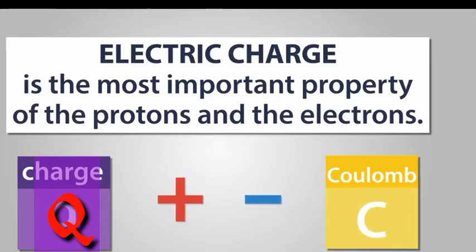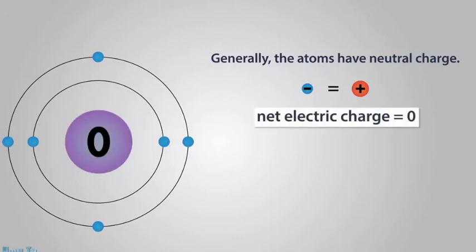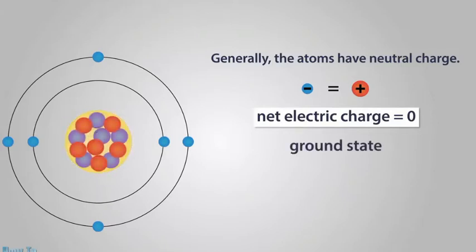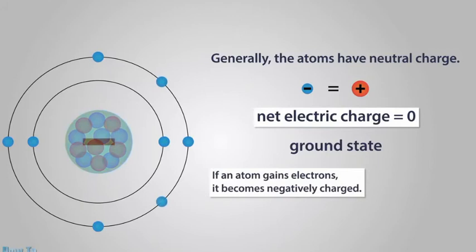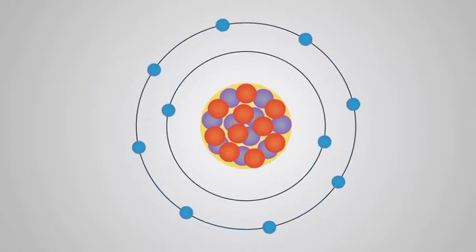Then electron has negative charge and proton has positive charge. Both these particles have the same magnitude of charge. Their polarity is different. One is positive and the other one is negative. That is why you are familiar that in a normal condition, electrically an atom is neutral, because whatever may be the number of protons present inside the nucleus, the same number of electrons are present surrounding that nucleus. So, these positive and negative charges cancel each other. So, in the normal condition, an atom is electrically neutral, because the number of protons and number of electrons are the same in an atom. So, both these particles have the same amount of charge, but opposite polarity.